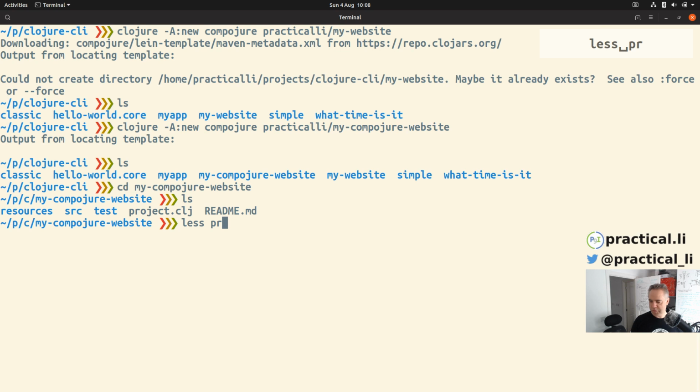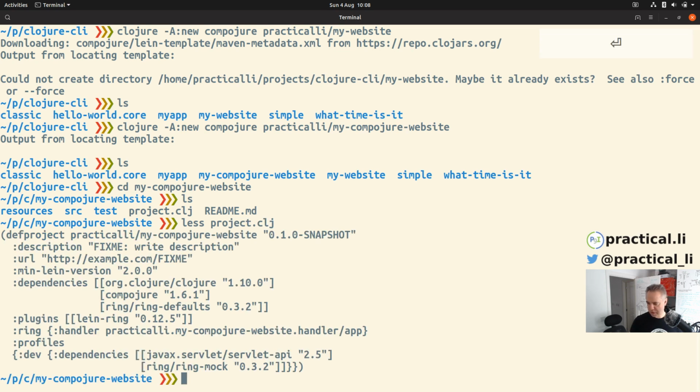If we look in the project.clj file, it's a fairly simple project file. It does have a ring handler, which we might need to do something about defining, but all the dependencies and so on, we could easily include in a deps.edn file, so it wouldn't be too difficult to